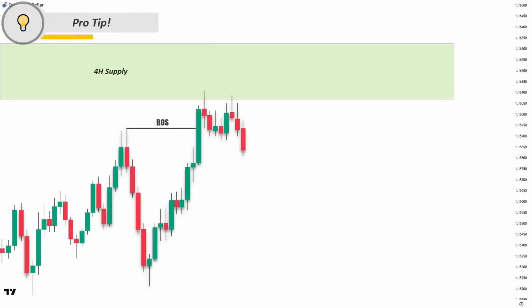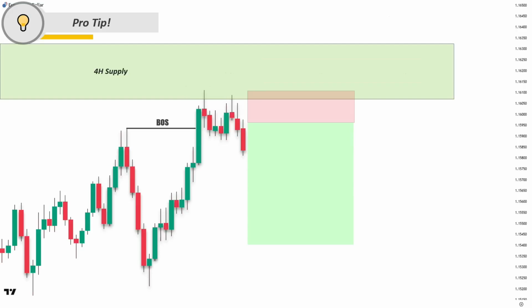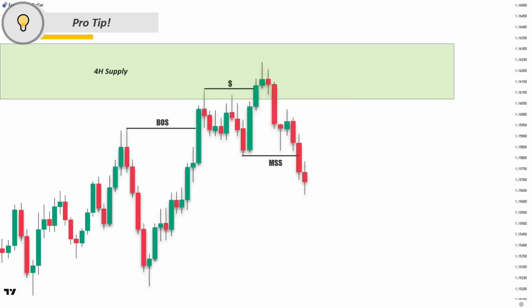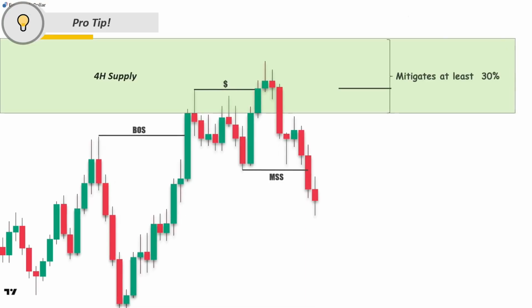Here is another important tip. When price first touches a supply or demand zone, do not trade every minor reaction. If most of the zone remains unmitigated, price may push deeper to fill the remaining orders before reversing. Entering too early can make you liquidity for traders positioned at better prices. So, wait for price to mitigate at least 30% of the zone